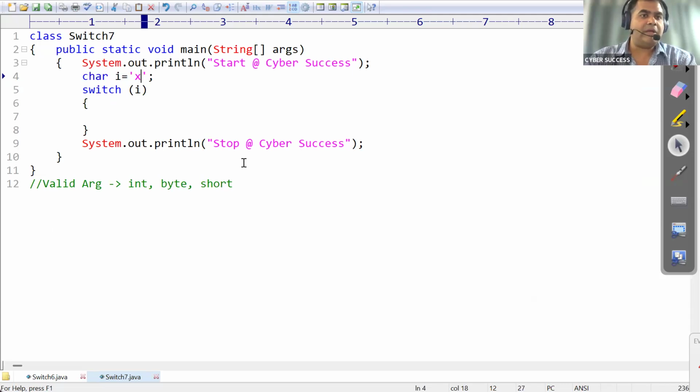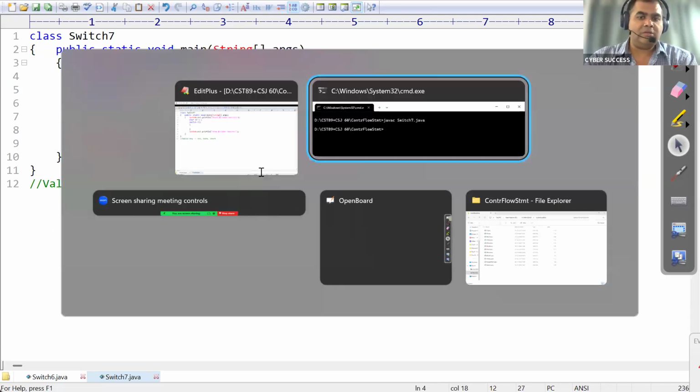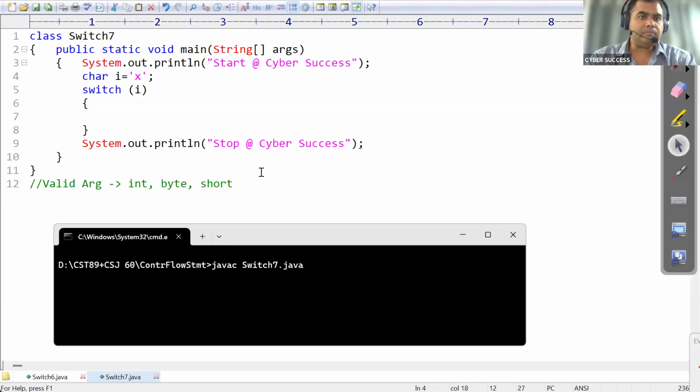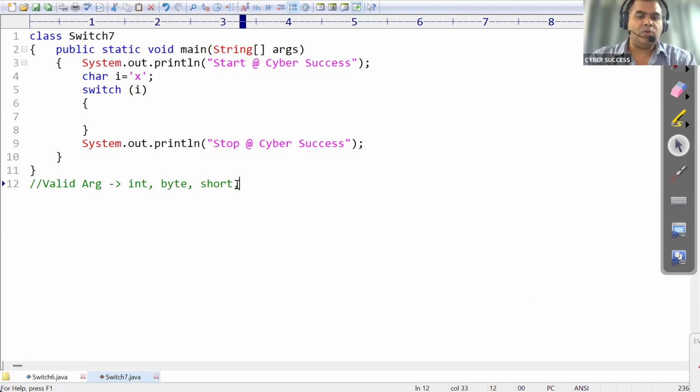Character, meaning what will I put here? X. Is character allowed? It is compiling, meaning syntax-wise, rule-wise it is allowing. Clear, not clear now? Now I go for what? Here I'll go for float. If I go for float I will say 10.5f,